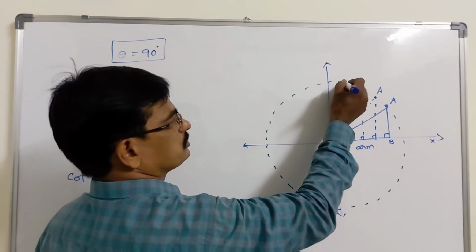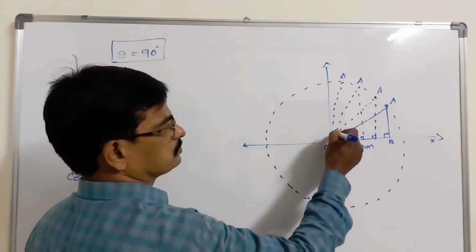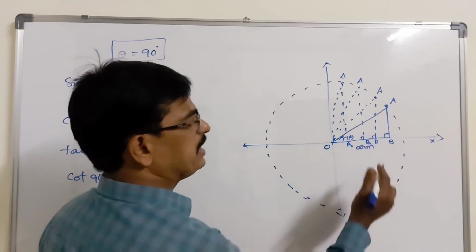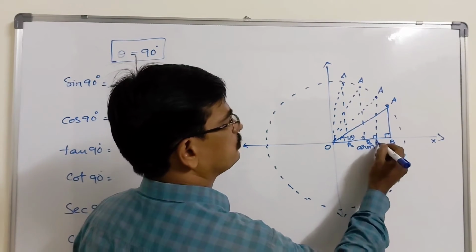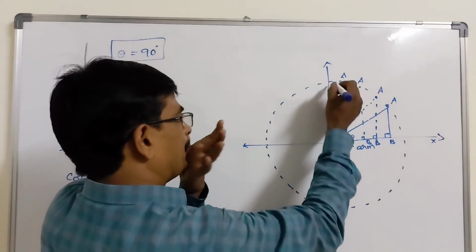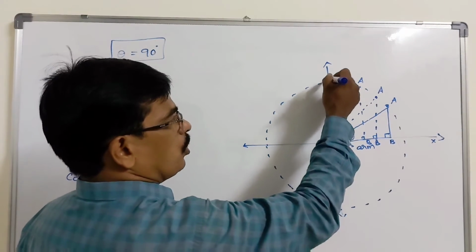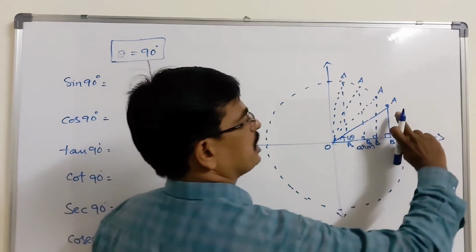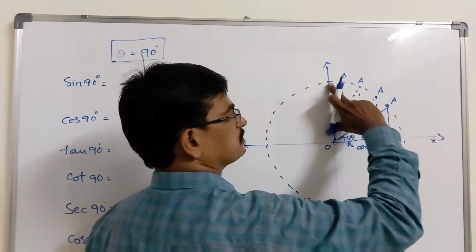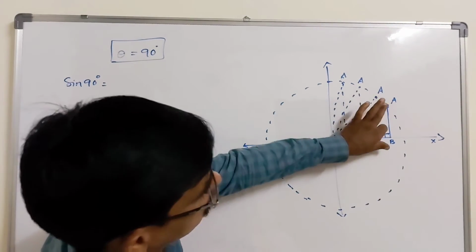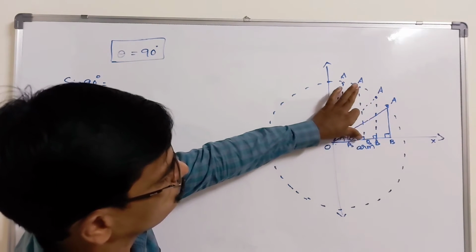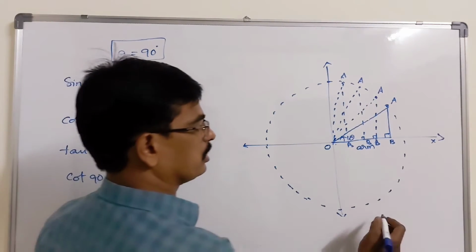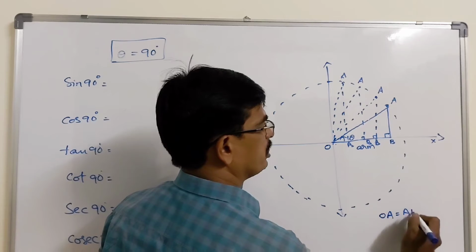Okay, so if it comes here, then what will happen? Finally, the OB length is going to reduce. Gradually, the OB length is going to reduce. So when A appears here, then OA is equal to AB. See here, this AB value is going to increase like this, right? So here AB is this much length. Finally it comes closer to this vertical line. This OA and AB are equal.